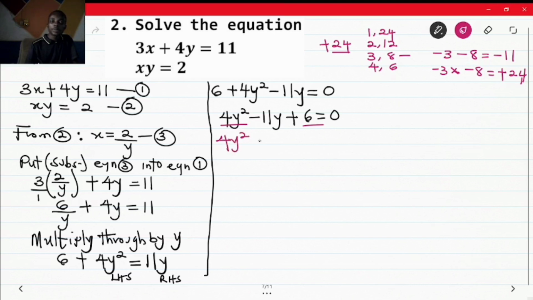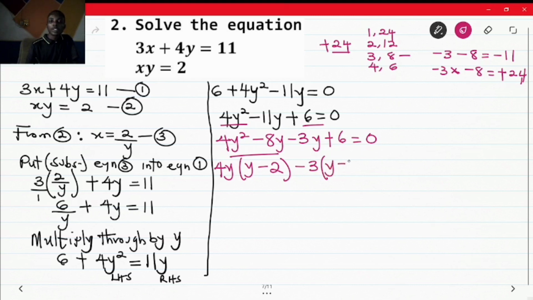4y squared minus, which one should I write first? I'm going to write the 8 first. 8y minus 3y plus 6 equals to 0. So I'll factorize now. What is common in here between these two? 4 is common, y is common, and that's y will be here. This times this will give us this, minus 2, yes, minus 2. 4y times 2 will give us 8y, minus 3 is common to both of them,